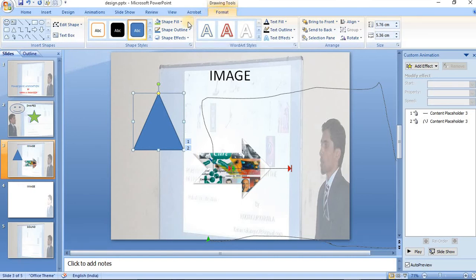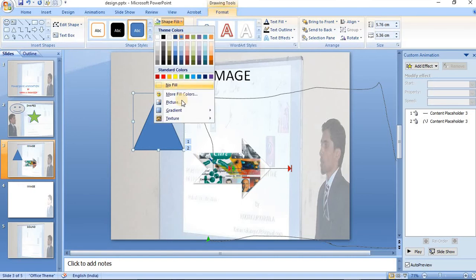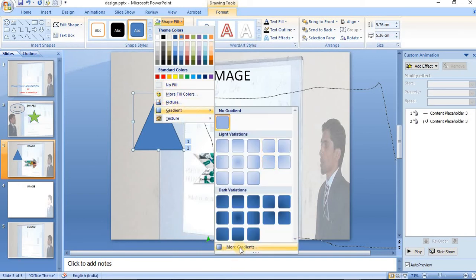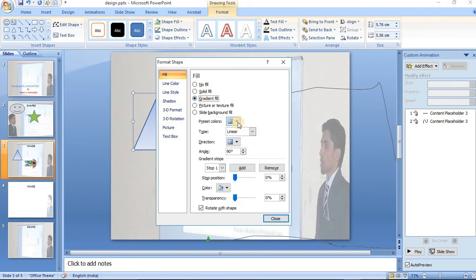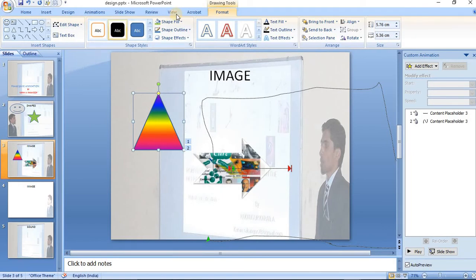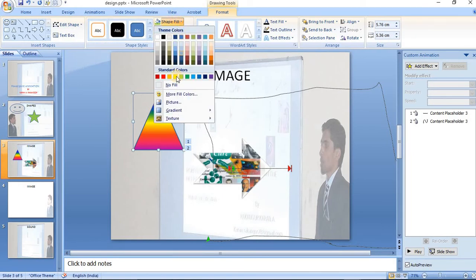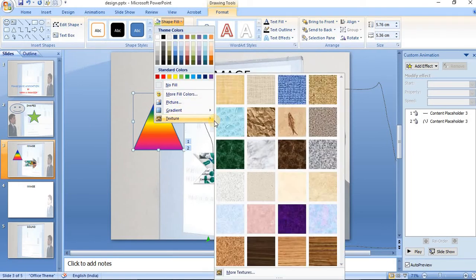I am filling these shapes with a picture or gradient effect. There are lots of gradient effects also. You can make it colorful. You represent your ideas. Instead of that, you can add a texture picture also.